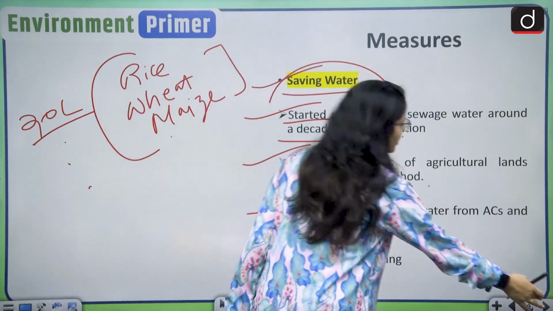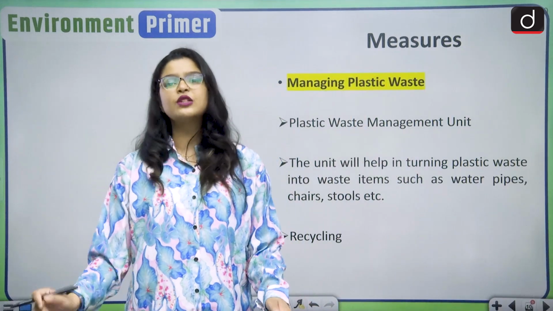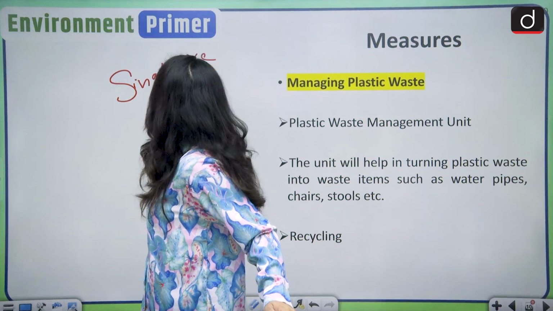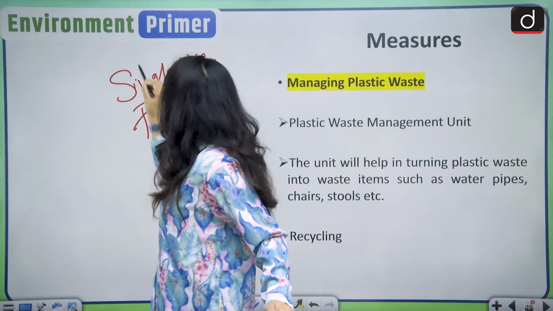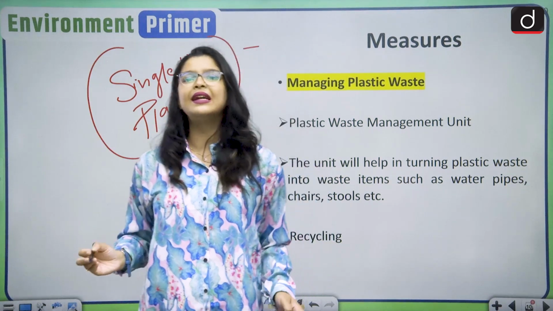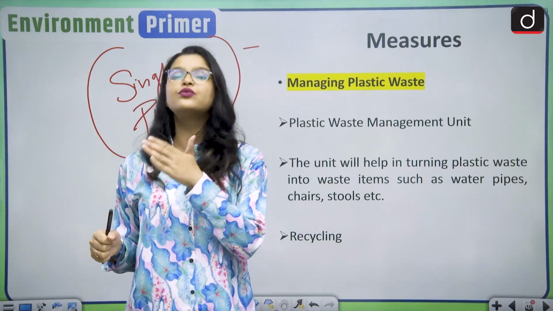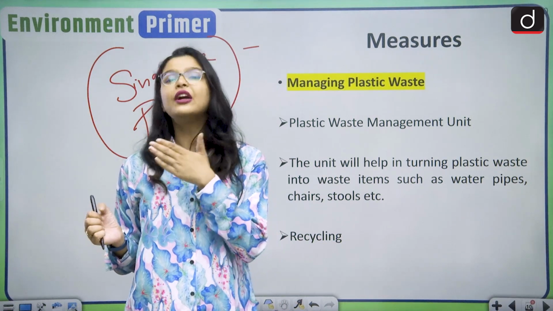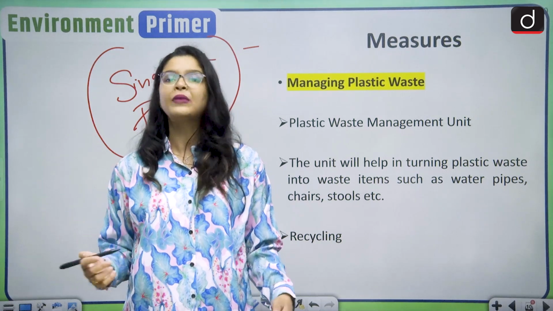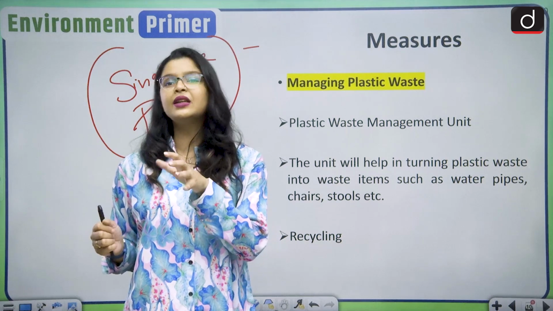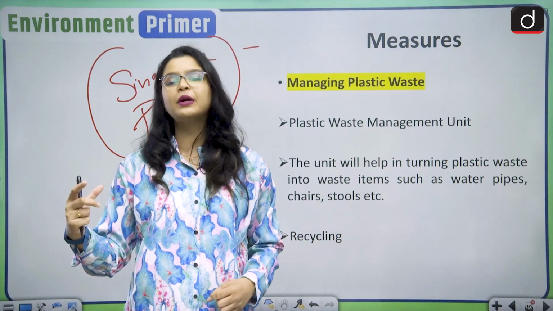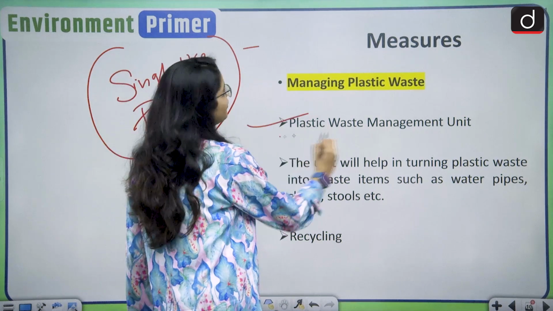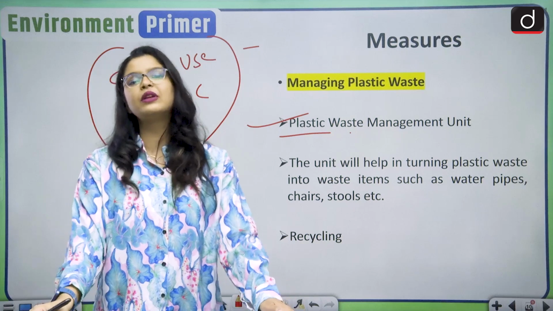Then if I talk about plastic waste management, plastic waste management is a big problem in India. Single-use plastic has turned into a menace in India. It is such a great problem that the government is forced to ban the use of single-use plastic. You might have seen that educated, aware citizens carry their own cloth bag to the markets, and even now we are getting our foodstuff and clothes in brown paper bags rather than single-use plastic. So to effectively manage plastic, the village has a plastic waste management unit that was installed